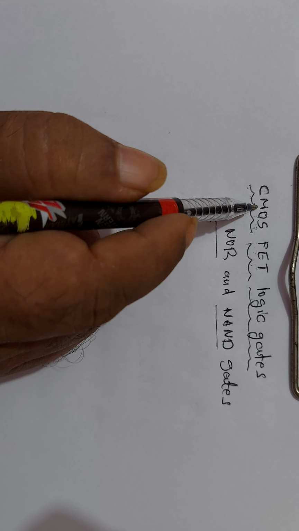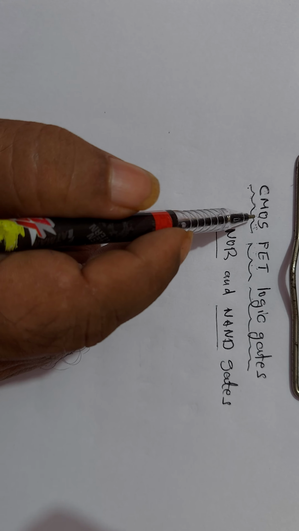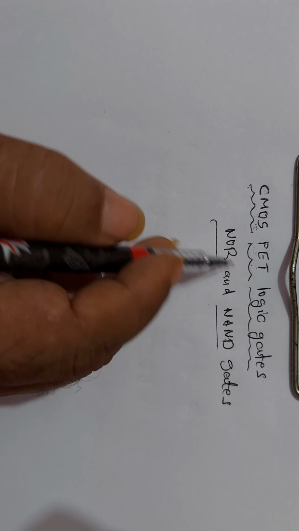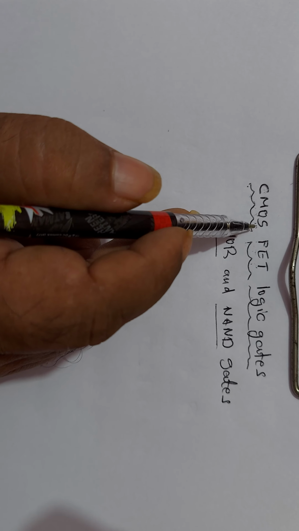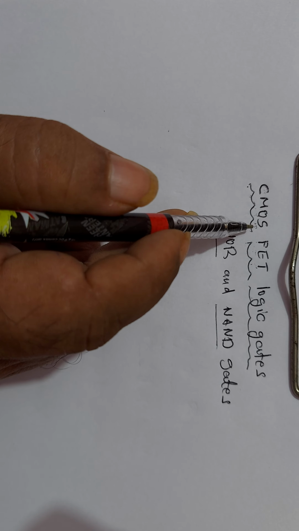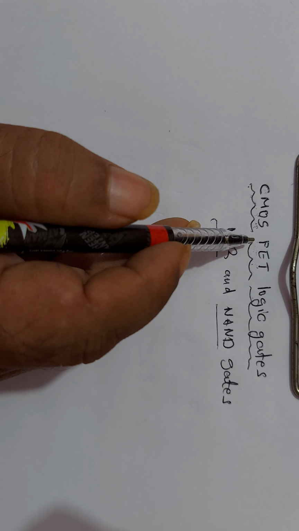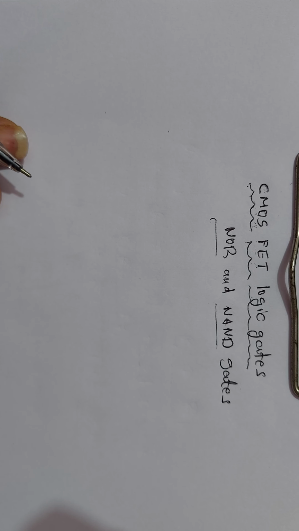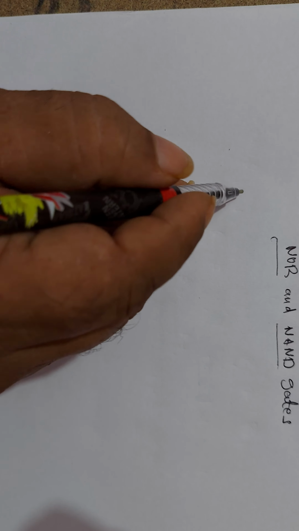There are two types of MOSFET, N-channel MOSFET and P-channel MOSFET. So before going to the construction of NOR and NAND gates using CMOS, you should know what is meant by P-channel MOSFET and N-channel MOSFET and how they work. Okay, I will write